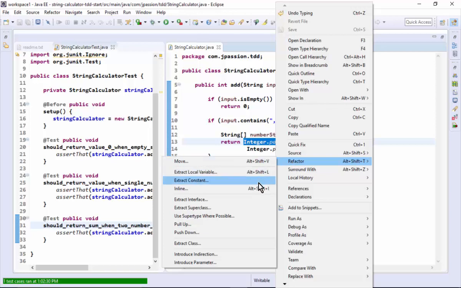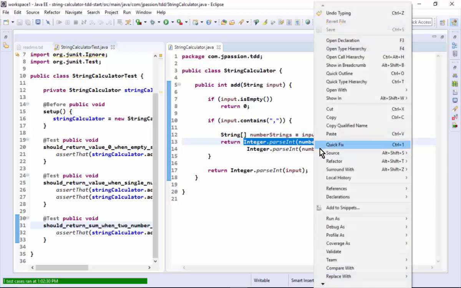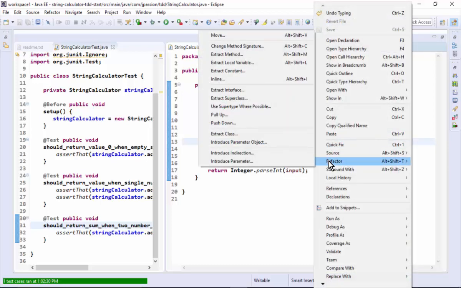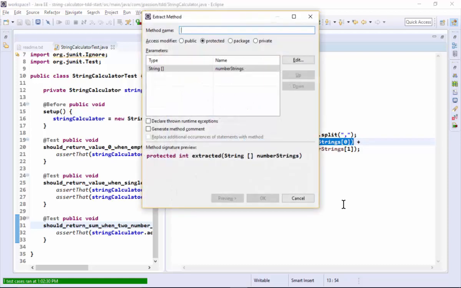Where is extract method? Oh, yeah, I have to choose the whole thing. Okay, refactor and extract method. So Alt-Shift-M. I want you to remember Alt-Shift-M from this point on, so I'm going to use the shortcut key from this point on. I'm going to select this and press Alt-Shift-M, and we're going to make